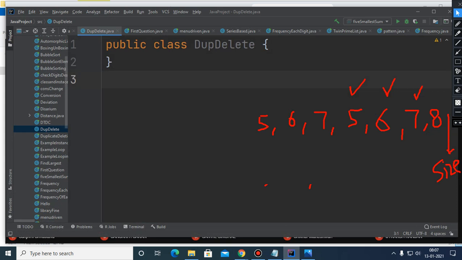So what is the logic? You just pick the very first element, suppose 5, at index number 0. Then you start searching from index 0 plus 1, which is index number 1.